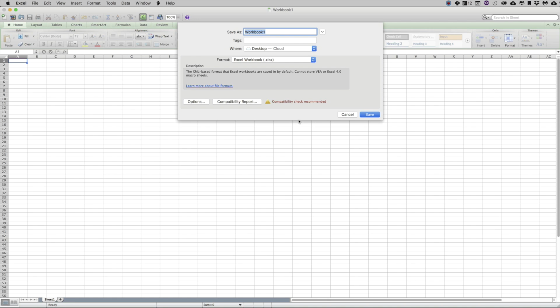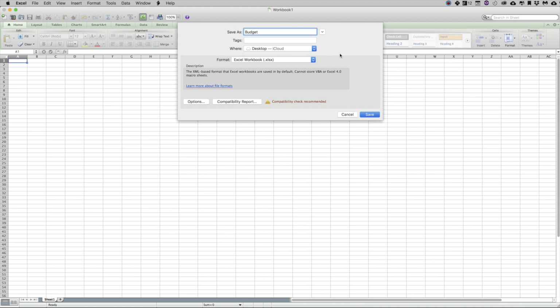So let's say I'm going to save it as a workbook. So that's basically the Excel program or the Excel file that you wanted to do. So let's say I was creating this for a budget. So my workbook would be the budget workbook. Now I could have budget workbook 1, I could have budget workbook 2, however I want to have it if I am trying to create many workbooks. But basically, a workbook is just an Excel file,